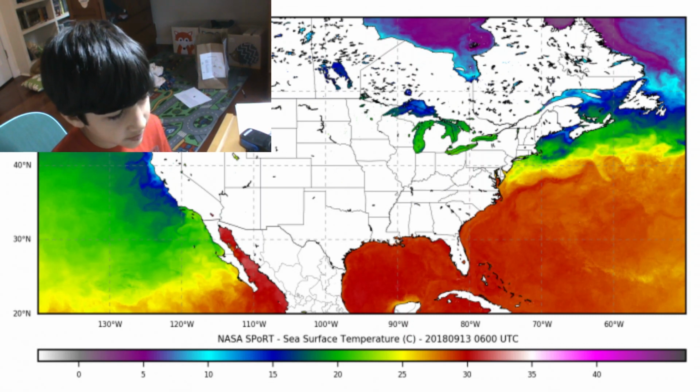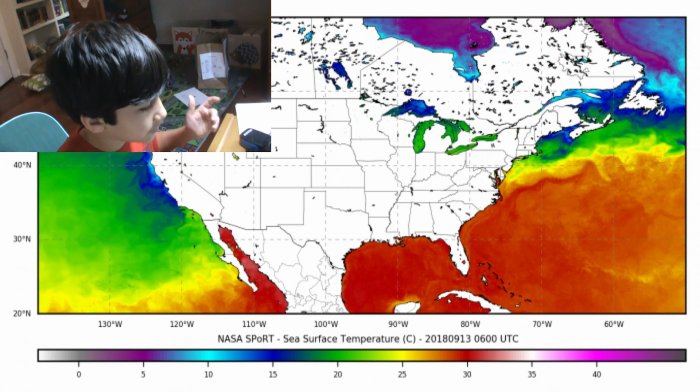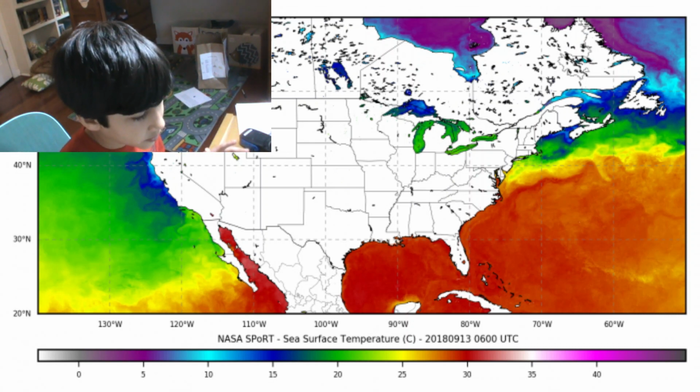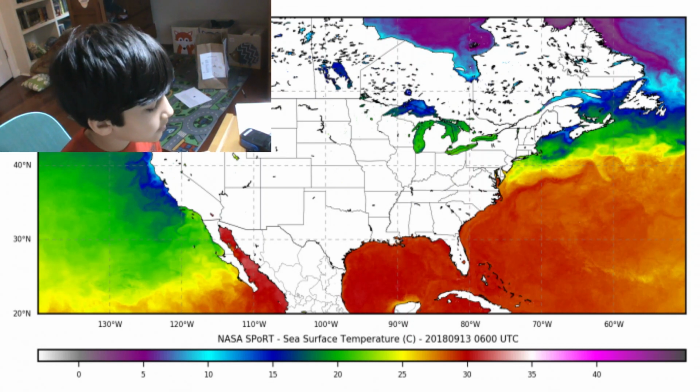Now, it also needs warm waters. It doesn't just need water and low pressure and all that kind of stuff. It also needs warm water specifically. As you can see right here, here's the Celsius. Getting it to like 30 degrees Celsius, which I'm pretty sure is around 80 something degrees Fahrenheit. But it needs to be 28 degrees Celsius, I think it is, or more